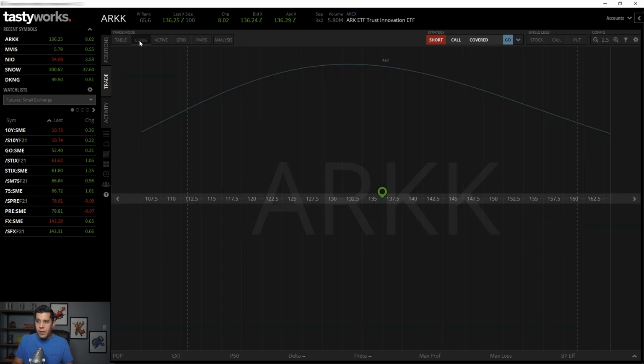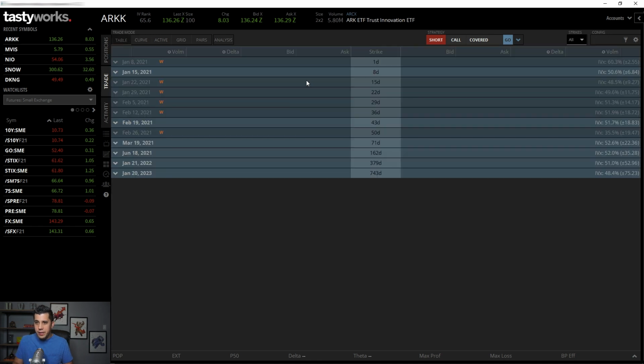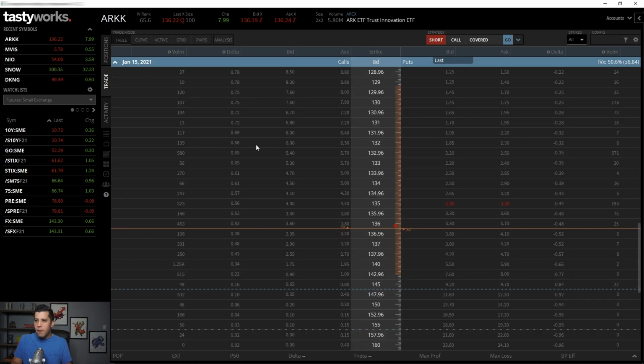The table and the curve screen. You're like, I don't know what the curve screen is. I don't know what the table is. Pretty much every platform has the options chain. Tastyworks, and I think Webull started to implement the curve as well. But let's say I'm looking at ARK and I want to buy a call,